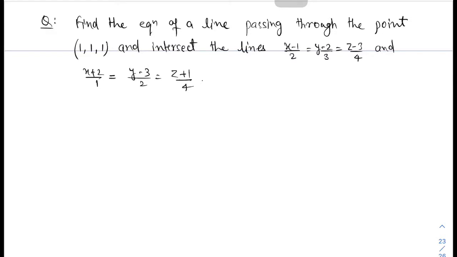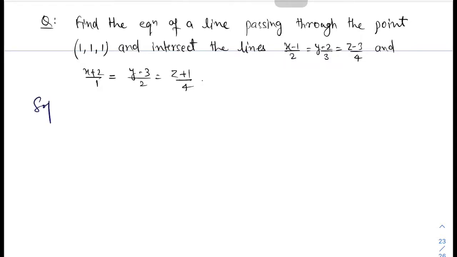It is: find the equation of a line which is passing through the point 1 1 1 and intersects the line this and this. Okay, good. We have to write the equation of a line. Basically there are two lines given. One line is 2 3 4, the other line is 1 2. Sorry, this parallel vector, if I write